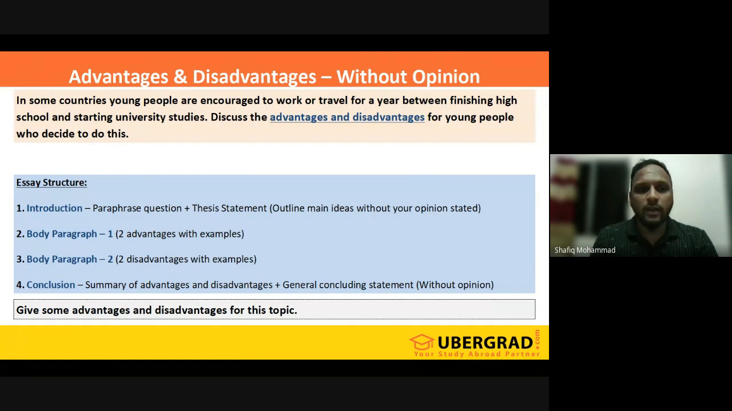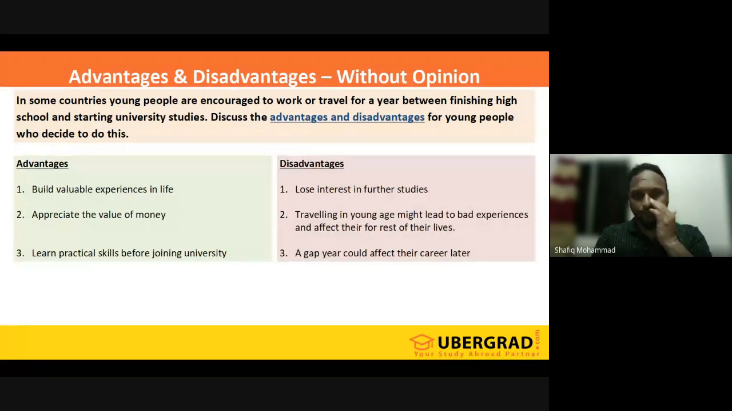Paraphrasing the question mostly gives you a little headache, isn't it? It will be a little difficult for some people to paraphrase it. But like I told you yesterday, you can change every word, word to word, and make it an entire paraphrasing of the question. For example, see,